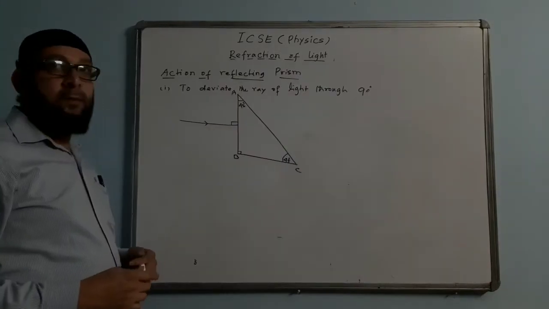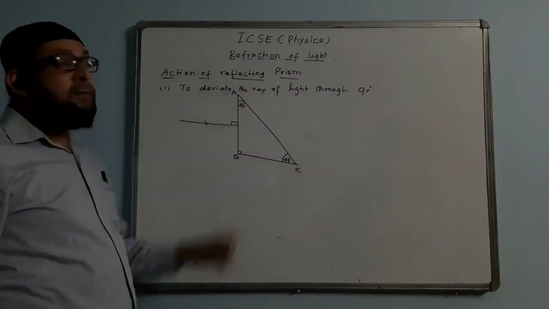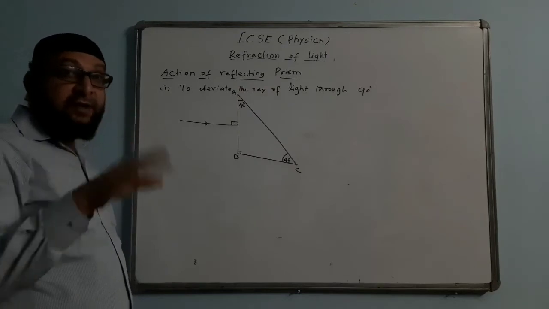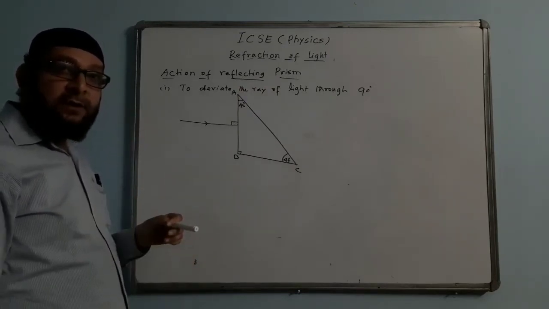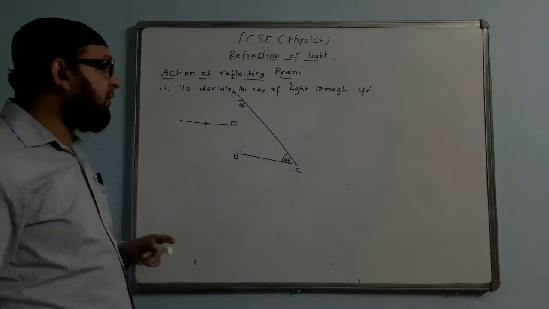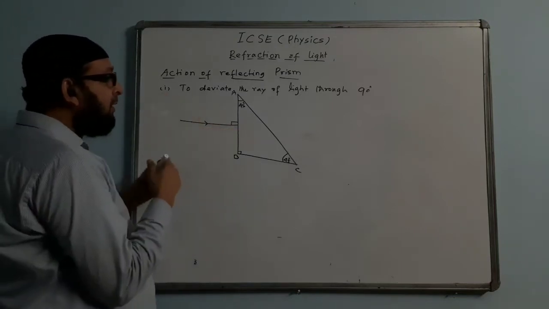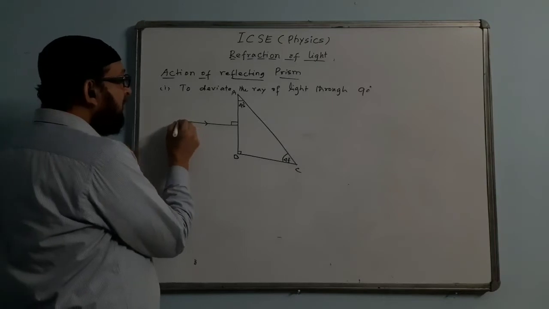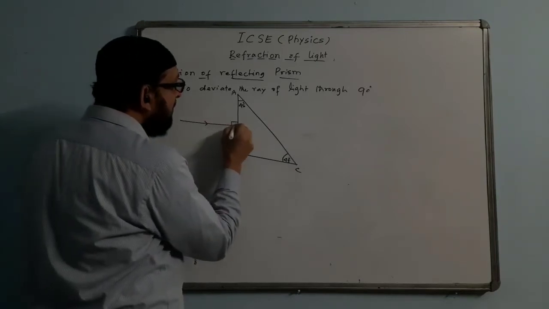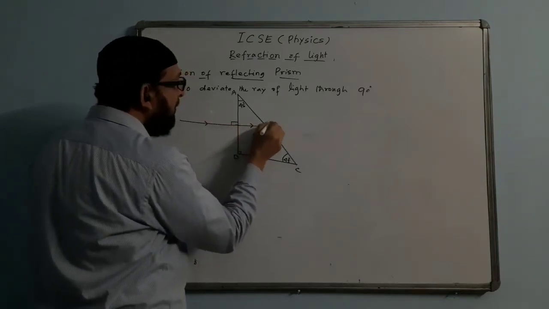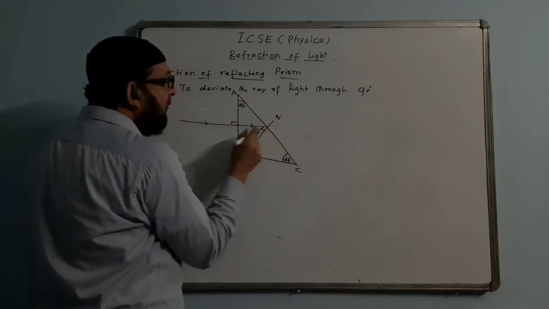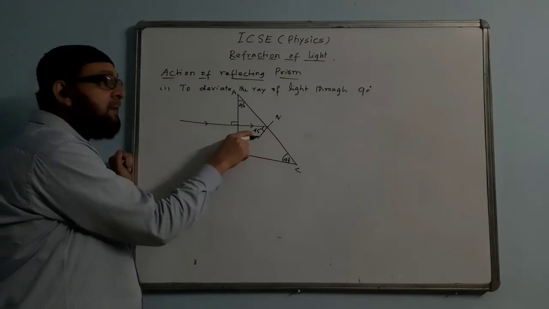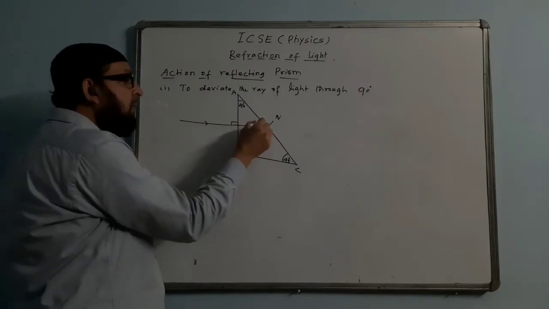Okay. What is a reflecting prism? Prism can be used as a reflecting surface. That means prism can be used to reflect the ray of light. But what type of reflection? Total internal reflection. This diagram we have already completed before. We'll continue with the same diagram. The ray will go straight here. Here normal. This angle will be 45. This will be 45. 45 is bigger than the critical angle. That is TIR is going to take place. We will calculate this angle.